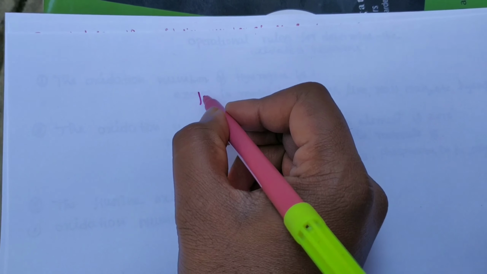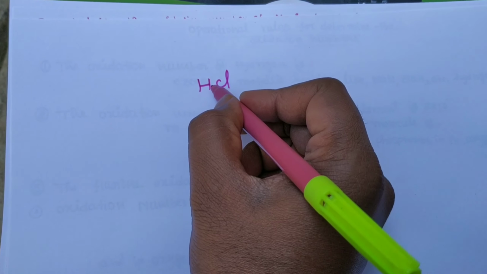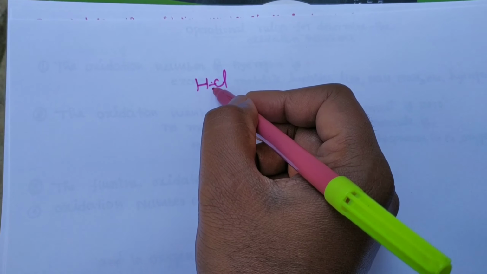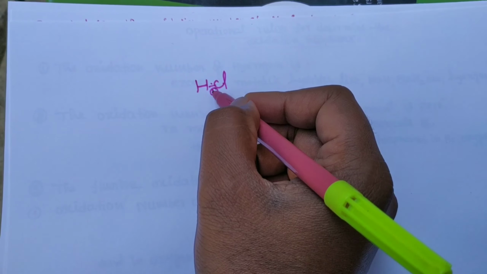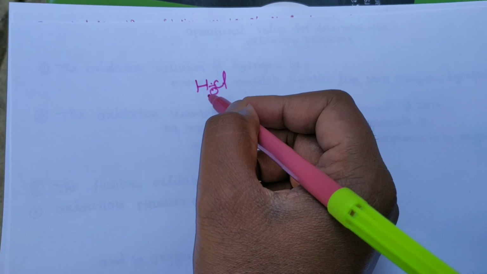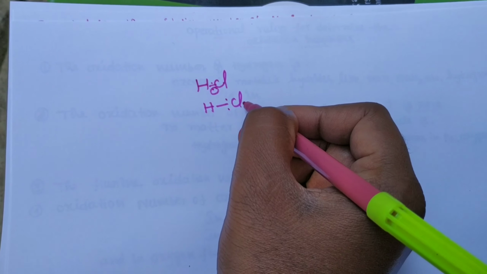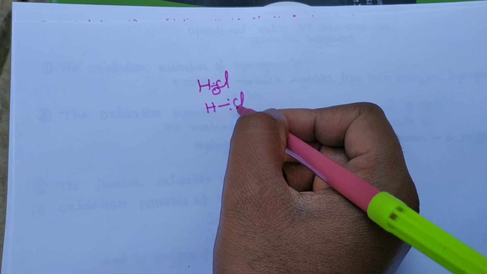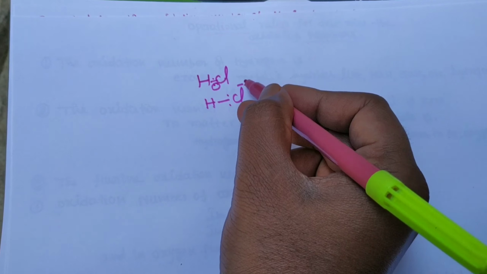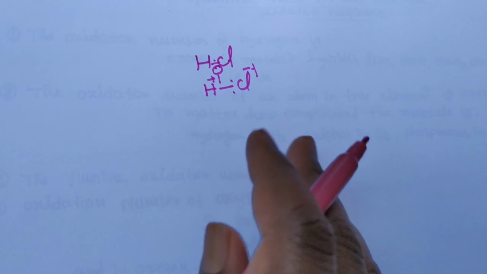The first is HCl, hydrochloric acid. Here one bond is present between hydrogen and chlorine, and the two electrons are assigned to the chlorine. That means one electron from hydrogen and one electron from chlorine, so two electrons are present between the two atoms. Now we assign the hydrogen's electron also to the chlorine, because chlorine is more electronegative. That's why one electron is taken from the hydrogen, so chlorine takes -1 and hydrogen's oxidation number is +1. This is what we discussed in the previous video.